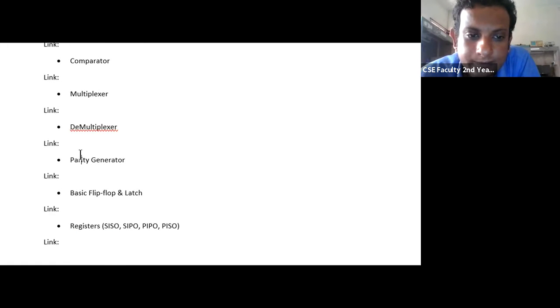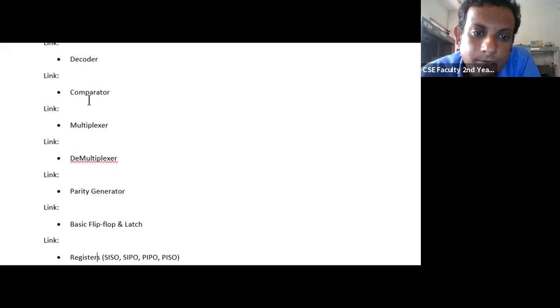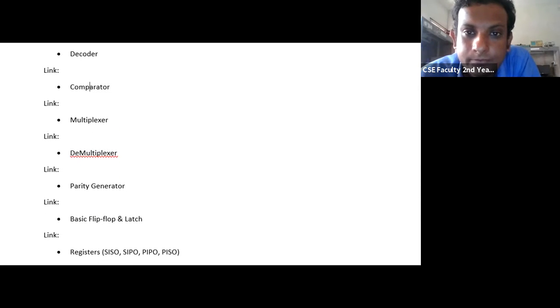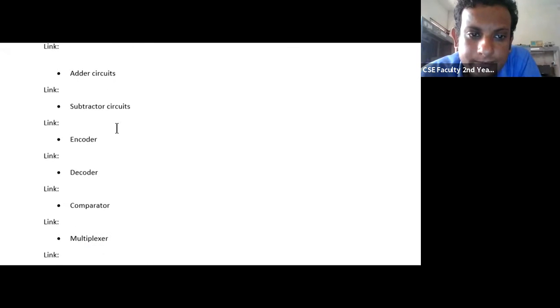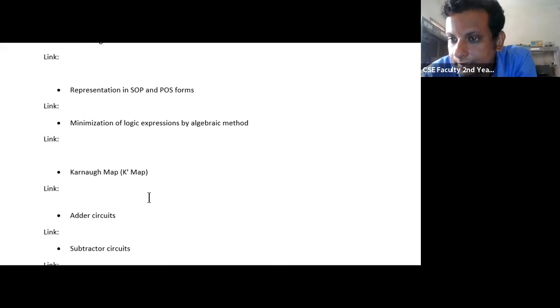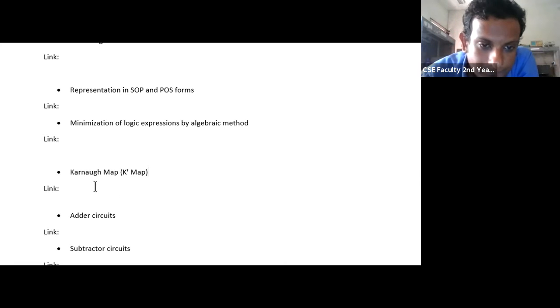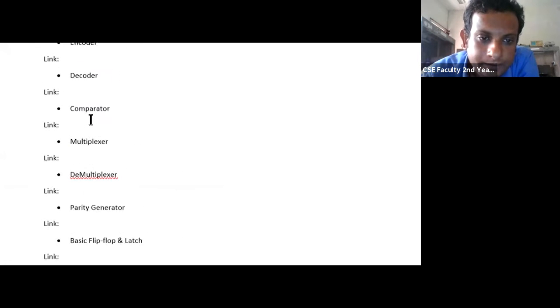We have seen that in the case of flip flops, say, or in the case of a comparator, if you need to simplify the equation, you need to know the Karnaugh map. So a few topics in this online study material are not included in your syllabus, but they will be important for your preparation and for your better understanding of the subject. These are the whole topics you can see on your screen. I have segregated everything.